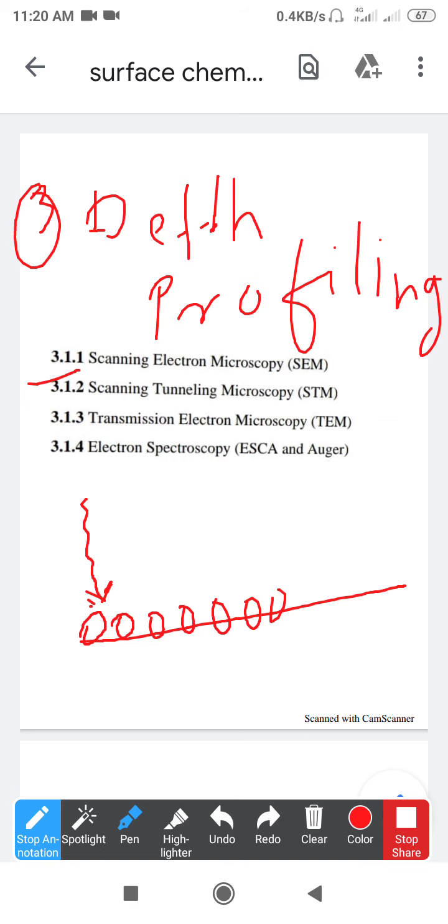Okay, so this is how we are going to do the analysis by using various techniques. Basically, three main types of techniques are there. First, the primary beam is directly incident on a spot, that is, we can say it is zero dimensional. The primary beam is incident on a spot which is selected by an optical microscope, so that will give you the idea about the surface morphology.